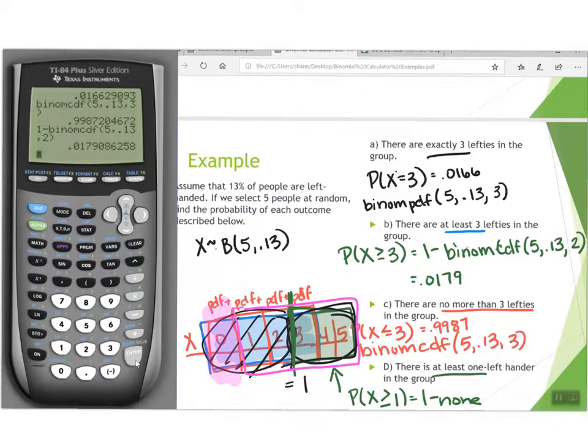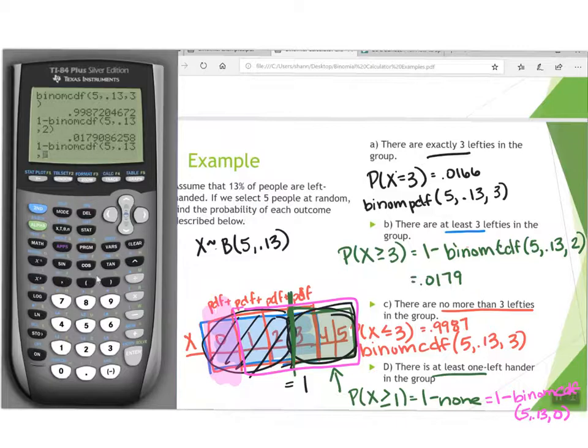And I can calculate, again, using a PDF or a CDF because you only have 1 number. We're going to use a CDF to get in the habit of that, though. We're going to count up to that 0. So we're including the 0 case and taking it away from 1. So we'll do 1 minus second bars, arrow down to the CDF, I'm sorry, and we'll do 5, comma, 0.13. And again, this time we're doing 0. We're going to do just the 0 case and take it away from 1, and that'll give us everybody else. So we do a 0 case, we get